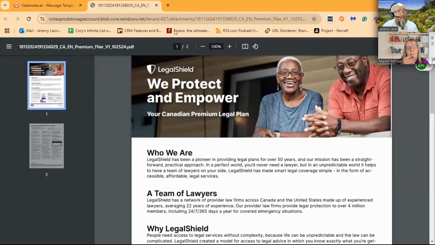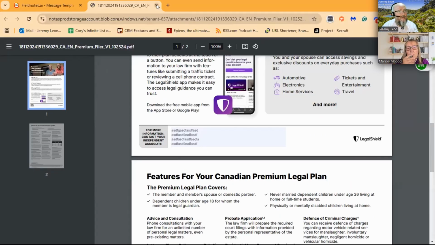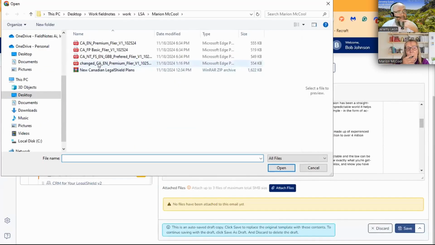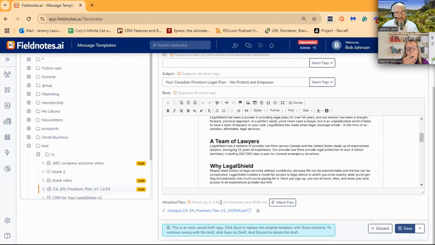But first, you have to do this where it's posted already. So I'm just going to start from scratch with it. And you would then attach a file to this one. And since I did this one that has the changed information, I'm going to hit open. And then you're going to see how it attaches itself to the email, right?